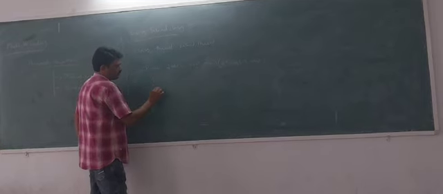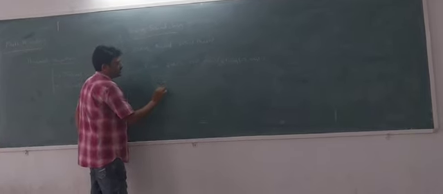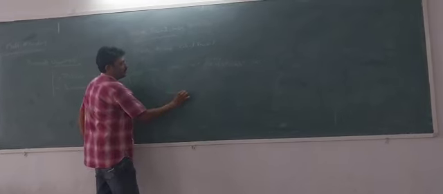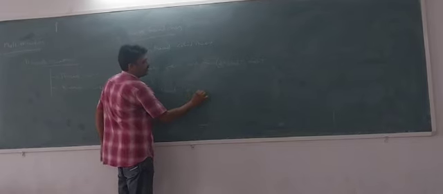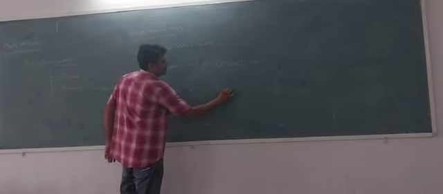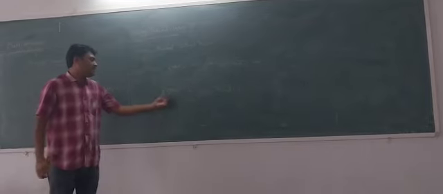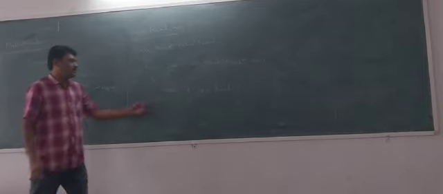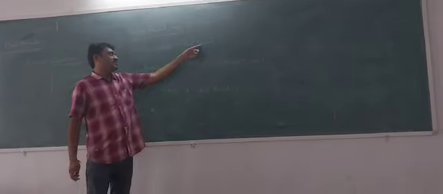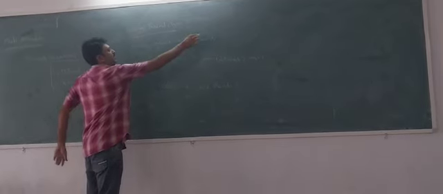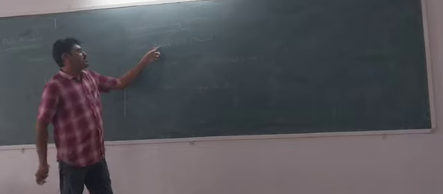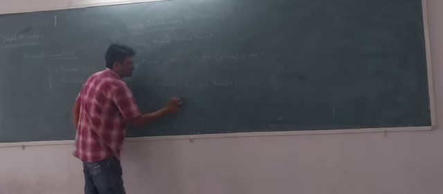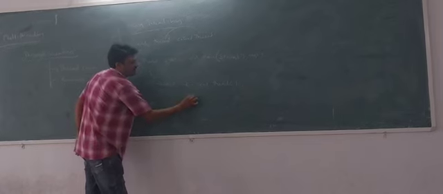To create a thread, just create the object for this class. Thread t = new Thread. Using this object, I can create a thread. What I did is extend the Thread class, so all the properties will be imported to this class. I am creating an object for this class. After creating the object, just call the method